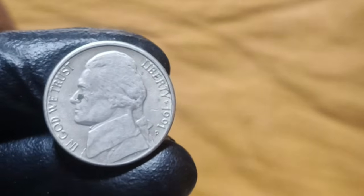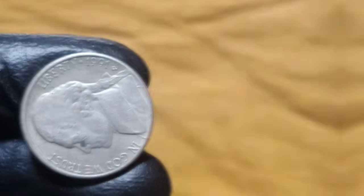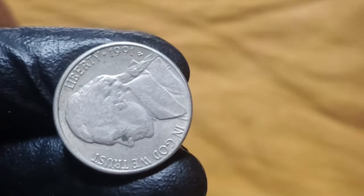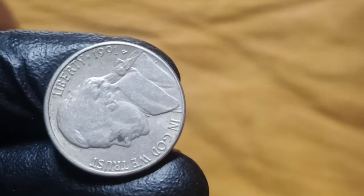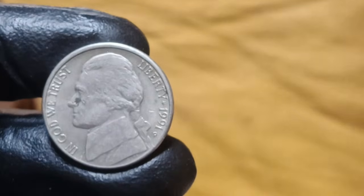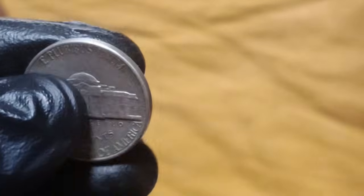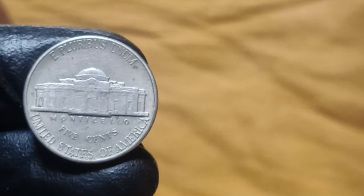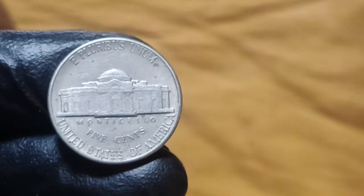The market for rare modern errors like the 1991 P Jefferson nickel, worth $318 million, has grown dramatically over the past few decades as more collectors have come to realize that modern coins can be just as rare and valuable as ancient rarities, and in some cases even more so because the population of ancient coins is relatively fixed while modern coins continue to be discovered in circulation or in old collections, creating the tantalizing possibility that more examples of legendary errors might still be out there waiting to be found by lucky and knowledgeable collectors. If you're now racing to check your own 1991 P